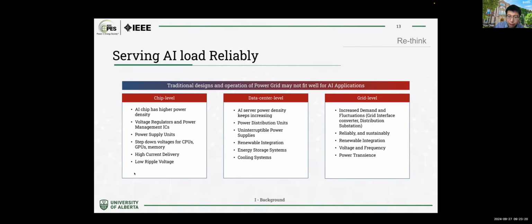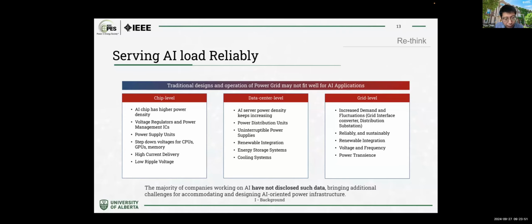From the other side, suppose there is behavior coming from a cluster of data centers, which can serve millions of customers. All the customers will give certain prompts at certain times. So there will be spikes and also big stochasticity in the AI load, right? So can our current design make sure the data center and the grid operation are reliable? That's the question we want to ask and also answer in this talk.